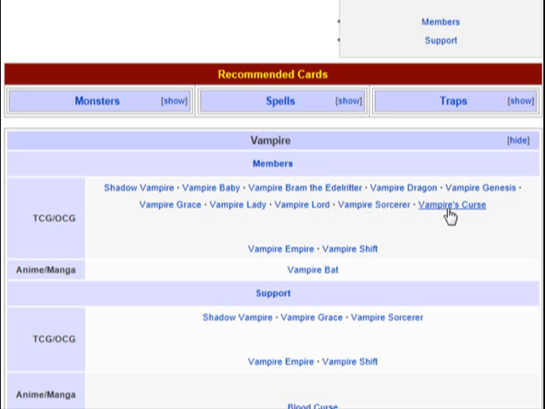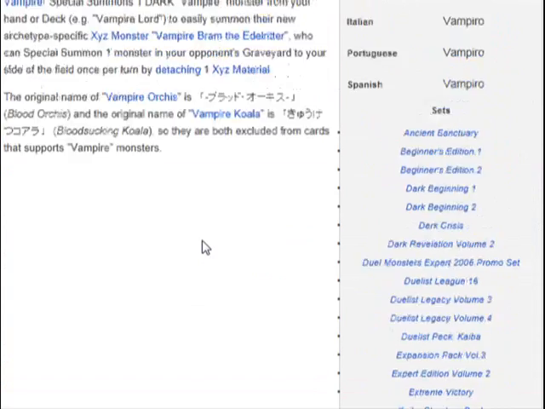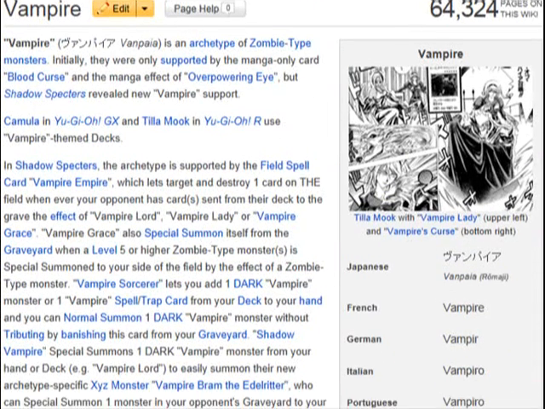The ones that I don't really worry about are Curse, Dragon, and Baby, because they don't even fit really into what this new vampire strategy is, which is to dump cards from your opponent's deck to the graveyard. That's pretty much the main strategy of the vampires right now. Make sure that you're able to force your opponent into dumping cards while popping their cards on their side of the field,